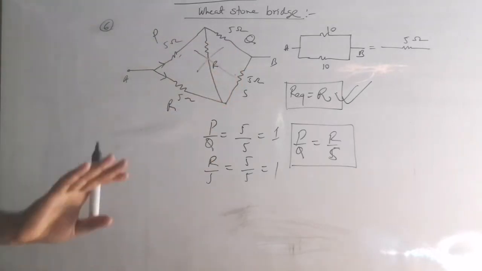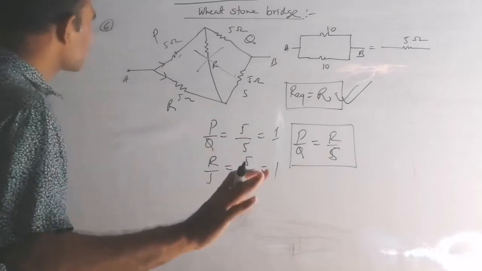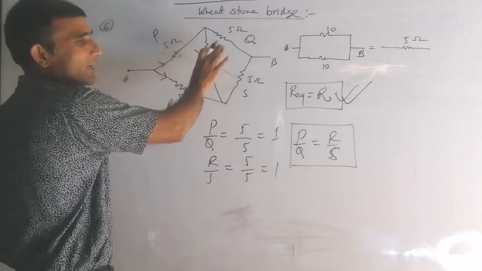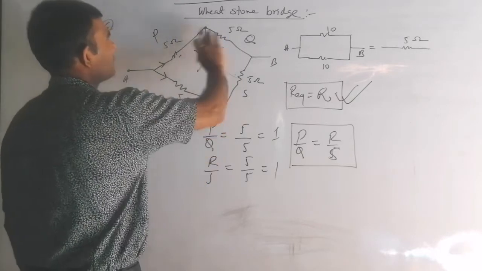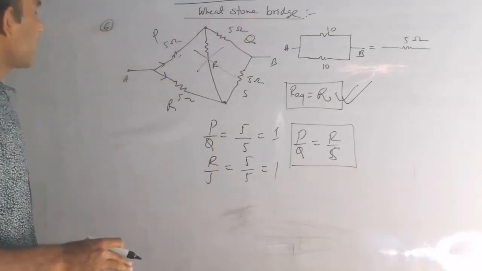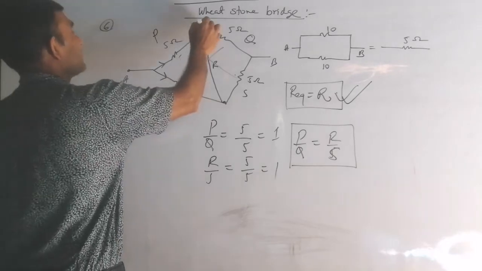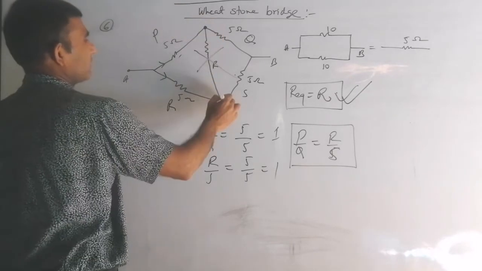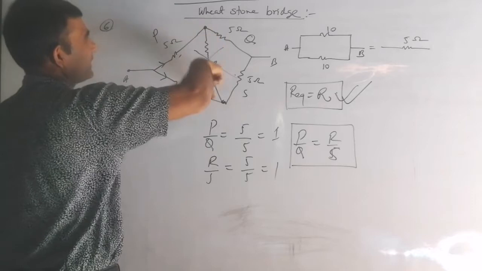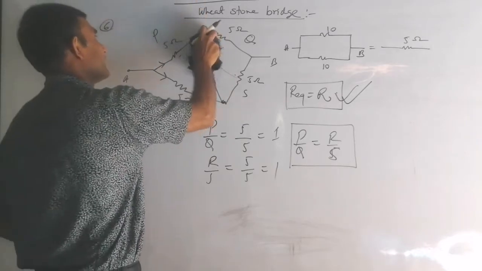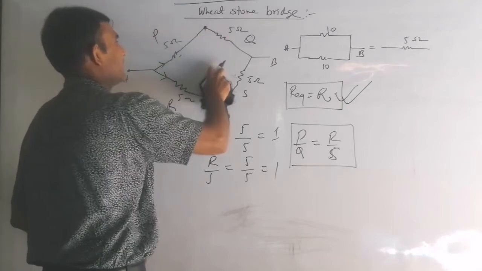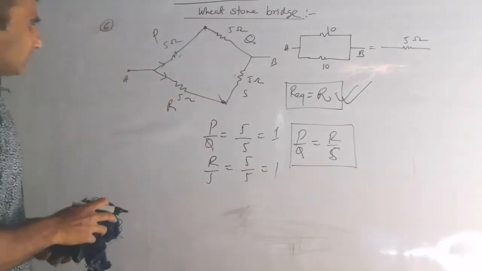This resistance is just to make you confused. There is no resistance like this. Even if it is there, it is dead, it is open, there is no resistance. If you want to find the reason, in that condition the potential of these two points becomes the same, so no current flows through this resistance. Even if there is that resistance, you suppose there is nothing and you find.